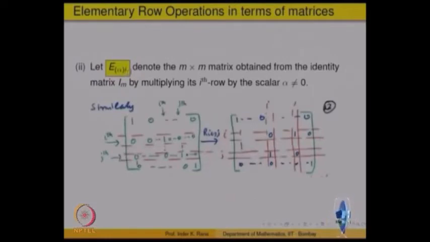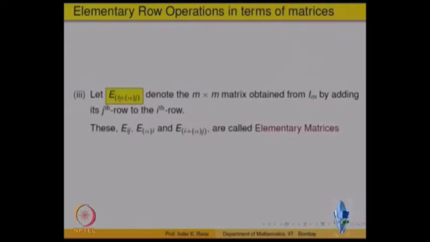Similarly, you can do the next one, that is multiplying a row by a scalar and adding it to another row, right. So, that also can be done. What does this matrix mean? We have taken the lower indicator I, which means you take the ith row and add to it alpha times the jth row. So, the identity matrix will change, right. That matrix is denoted by E I alpha j. The operation goes: take I, and add to it alpha times j.